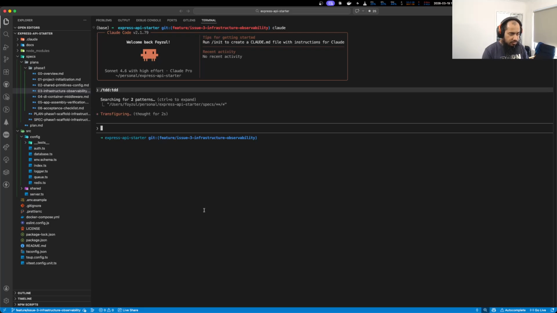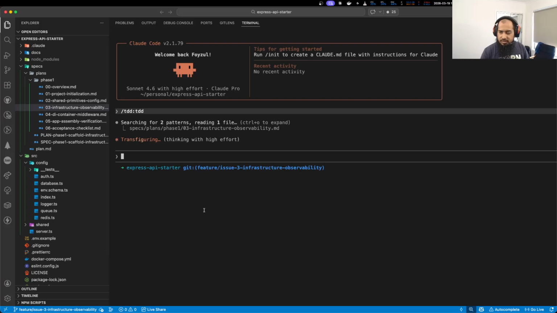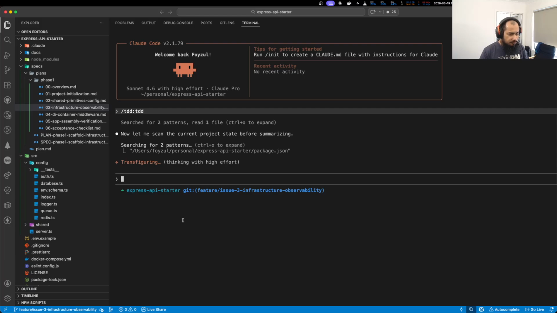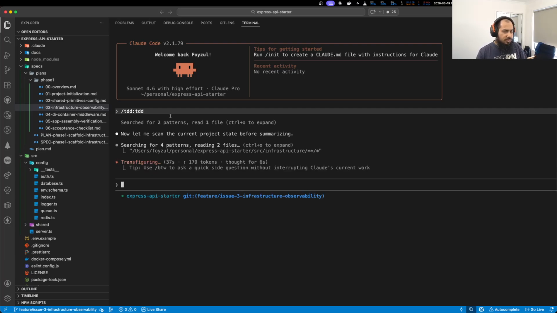Let me zoom a bit. I think, yep, now it's better. Because our TDD skill already has some instructions, even though I didn't write any instruction in the prompt, it tries to do what it was instructed in the skill.